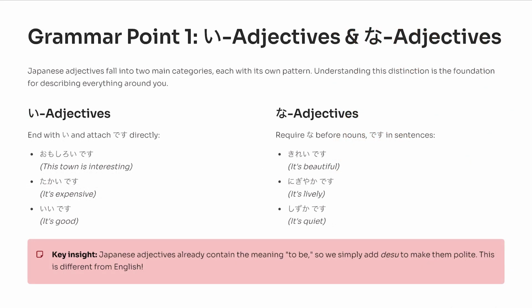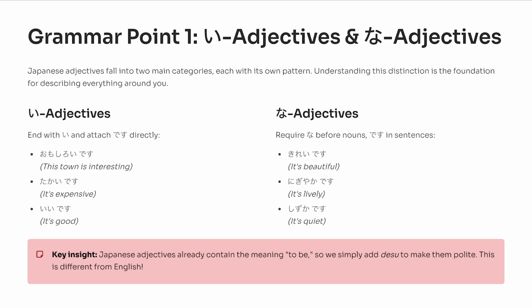Before we can describe things in Japanese, we need to understand that Japanese adjectives are divided into two main groups. The first group is called I-adjectives. These adjectives usually end with a sound I. For example, 面白いです means it's interesting. 高いです means it's expensive or it's high. いいです means it's good. When using I adjectives at the end of a sentence, we simply add です to make the